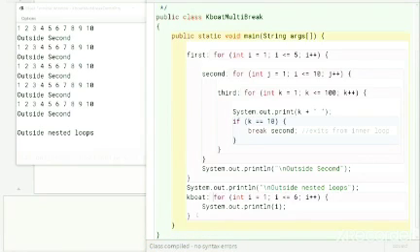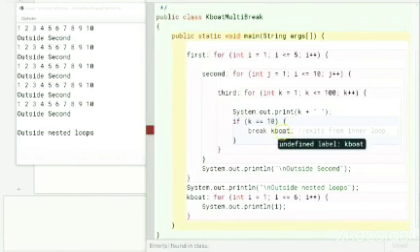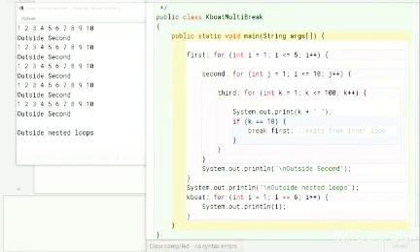Now I will give this code block kboard as the target of the break statement. I get a compilation error: undefined label kboard. As the kboard code block is not enclosing the break statement, it is not a valid target. Let me revert this label back to first. Now the code is compiling successfully again with no errors.